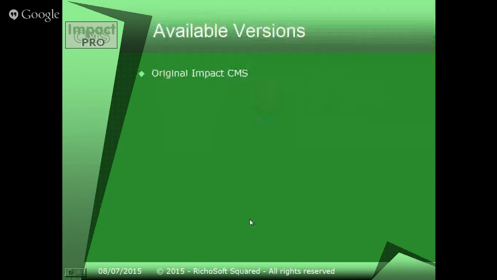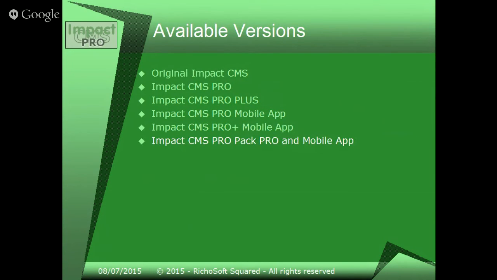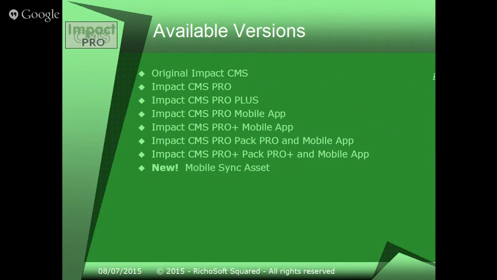Okay, so if we look at what the available versions are now, we've got the original version, the Impact CMS Pro, the Pro Plus, and we've got the mobile app for Pro and the mobile app for Pro Plus. We've got the Pro Pack complete with the mobile app and the Pro Plus pack with the mobile app, and there's now the new mobile sync asset. Now what that does is